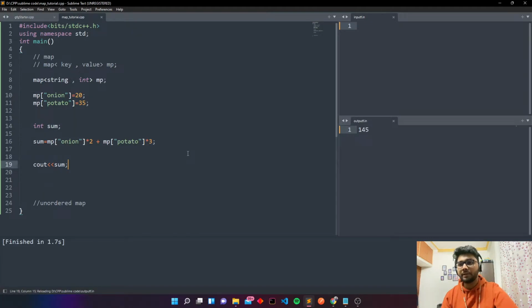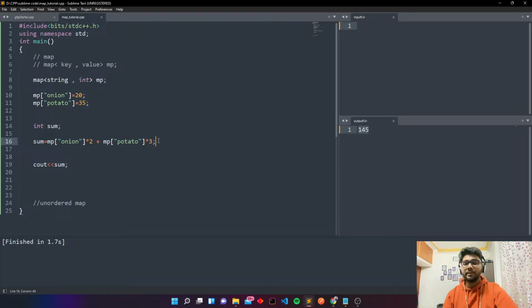And here you can see the value is 145. So what it's doing is, if we write this statement, it will simply put the value of 20 here. So 20 into 2 is 40, and potato 35 into 3 is 105, I guess. Okay, so 145 is the answer.